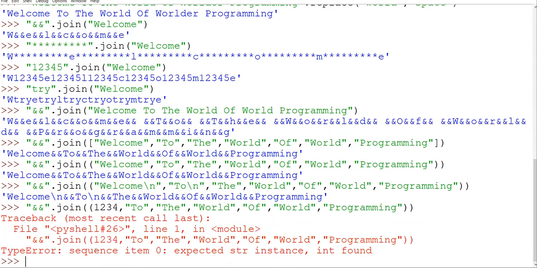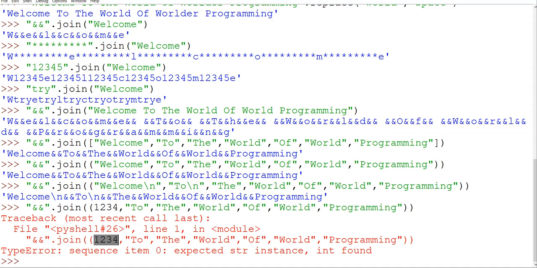I will get an error over here. The reason is, whenever we are going to give any collection, it is compulsory that all of its items must be strings only. It will work with strings. It is not going to work with any other data type. So ultimately, if you are making a list or a tuple, it is compulsory that it must be a list of strings or a tuple of strings. Anyone, any doubt?